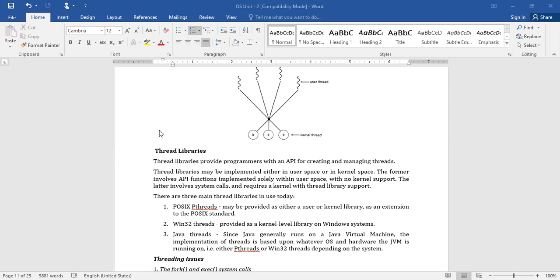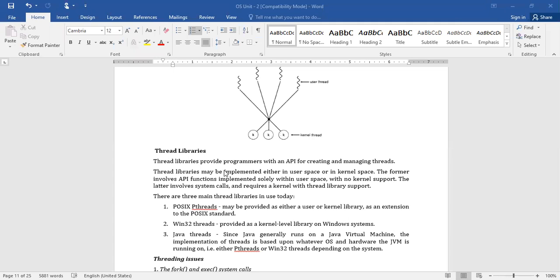In the olden days, people implemented these API functions entirely within user space with no kernel support. But nowadays, people implement them in both user space as well as kernel space. Whenever you want to execute with the hardware components of the system, it needs to be converted into kernel level, right?